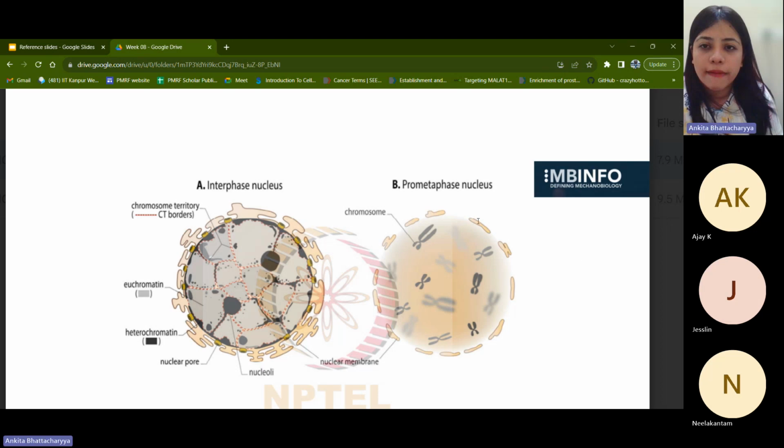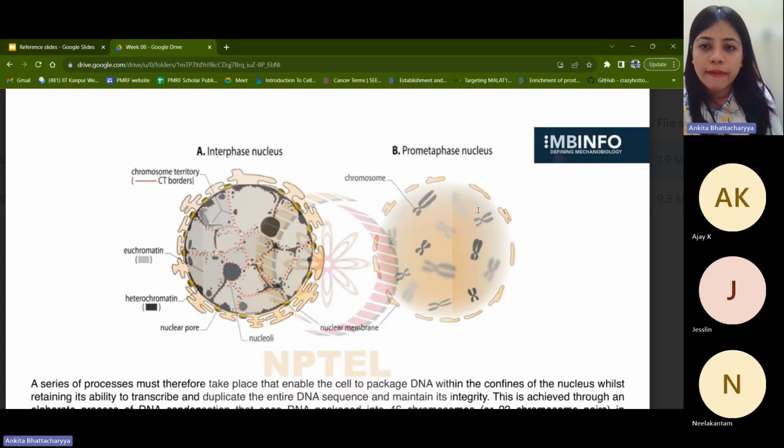Because it is the prometaphase stage, it has not arranged into a metaphase plate, which means it is not aligned at the center of the cell, but is instead dispersed in the form of chromosomes. You can see that it is a much more compact structure, and the nuclear envelope is now next to nothing, which is important because you want these chromosomes to not just be restrained within the cell and to be able to arrange themselves at the center of the cell,